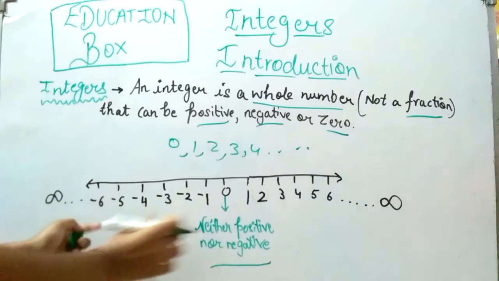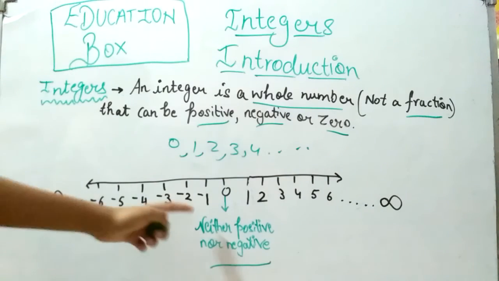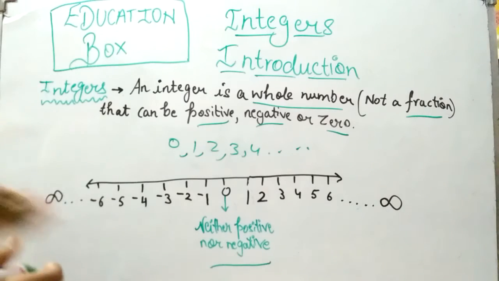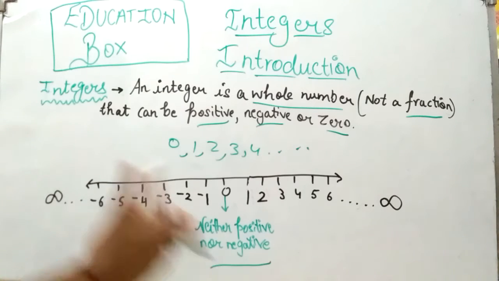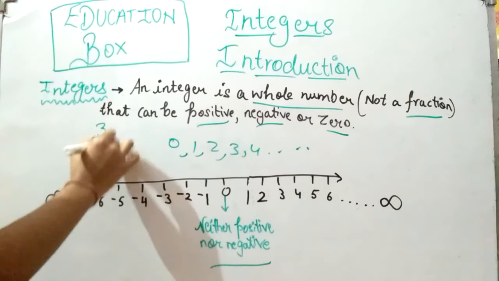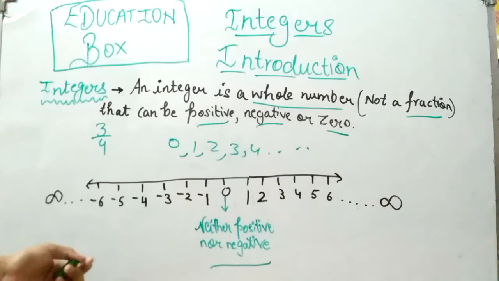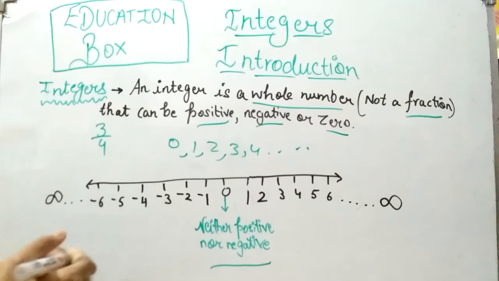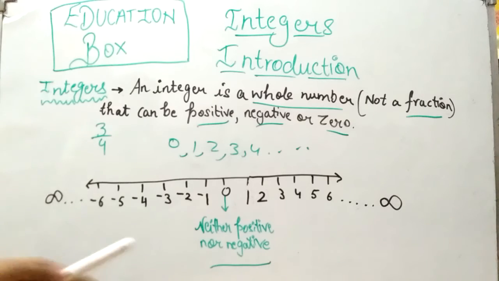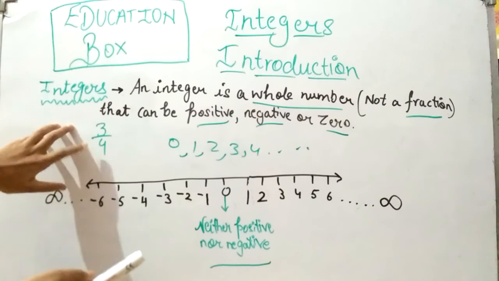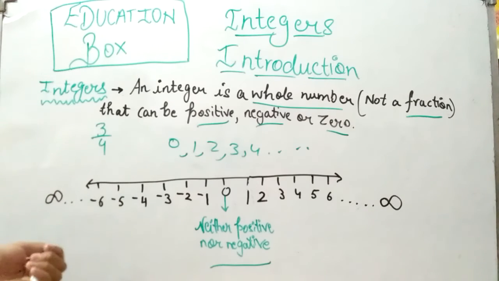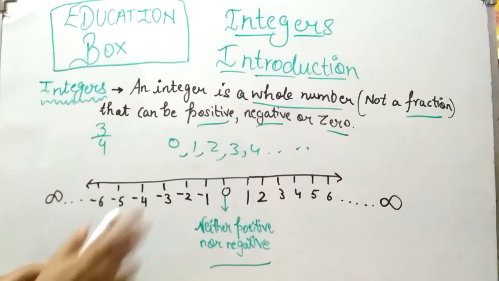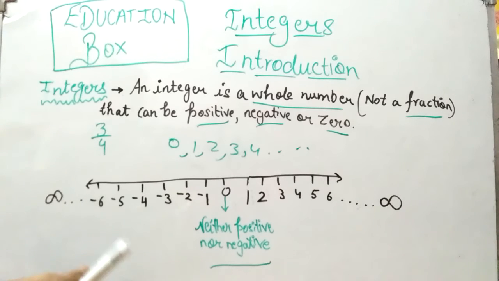So here negative means these negative numbers which go from -1, -2, -3, -4 till infinity, and 0 also. Now let's discuss what is a fraction. A fraction is a number which can be written in p upon q form and cannot be written like these forms. So they are not fractions. In a fraction, the numbers are like 3/4 and other numbers. Now, when we solve these numbers, our answer comes in decimal. So, we can conclude that decimal numbers are also not fractions, also not integers.